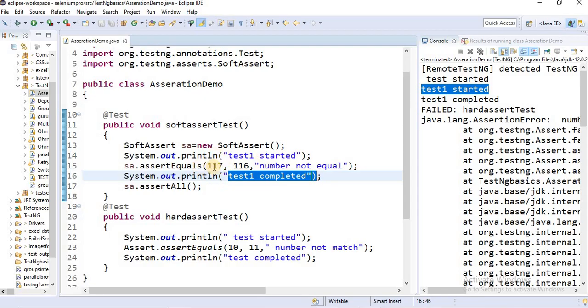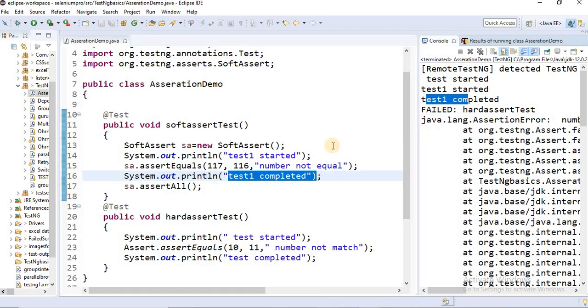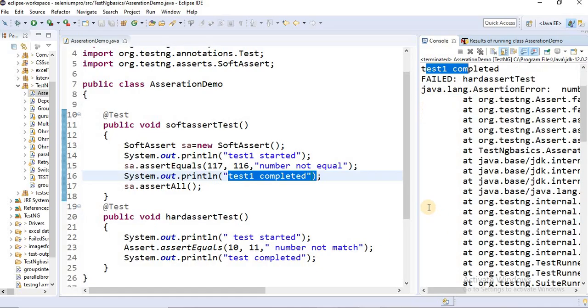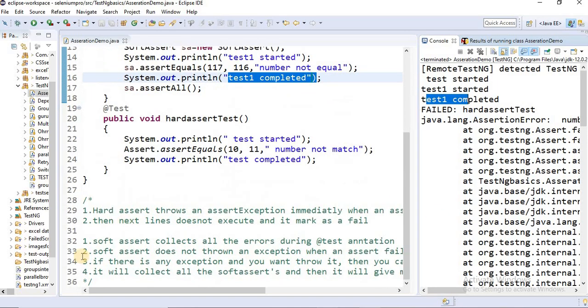After the incorrect statement, it also prints the next line. Here I can observe test one is completed, but here once it failed, it did not print this test completed. So hard assert throws an exception immediately